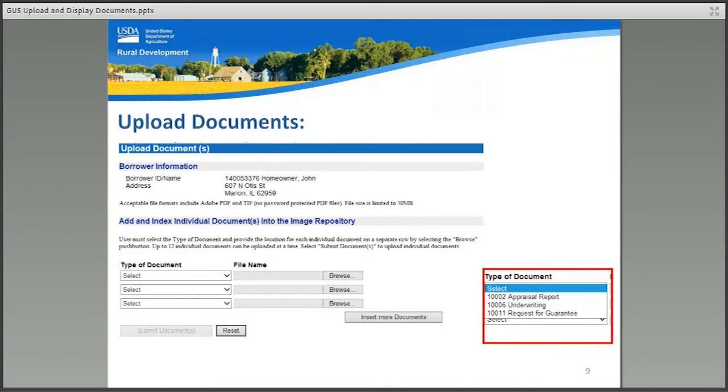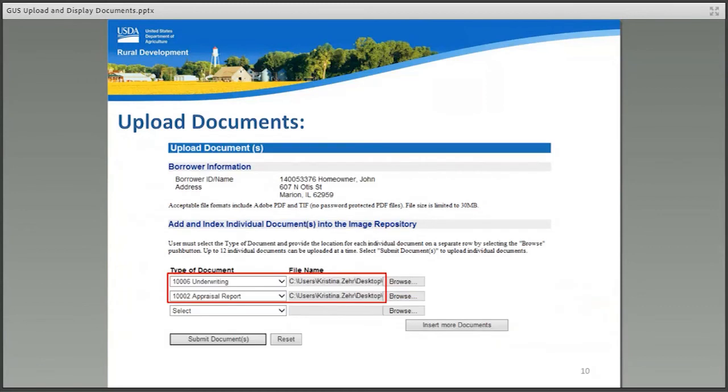Under Add and Index Individual Documents into the image repository, the user may select the type of document from the drop-down list provided. When the type of document is selected, the user can select Browse in order to locate their files. When the files have been selected, the file name will populate with the location. If additional document data fields are required, select Insert More Documents.